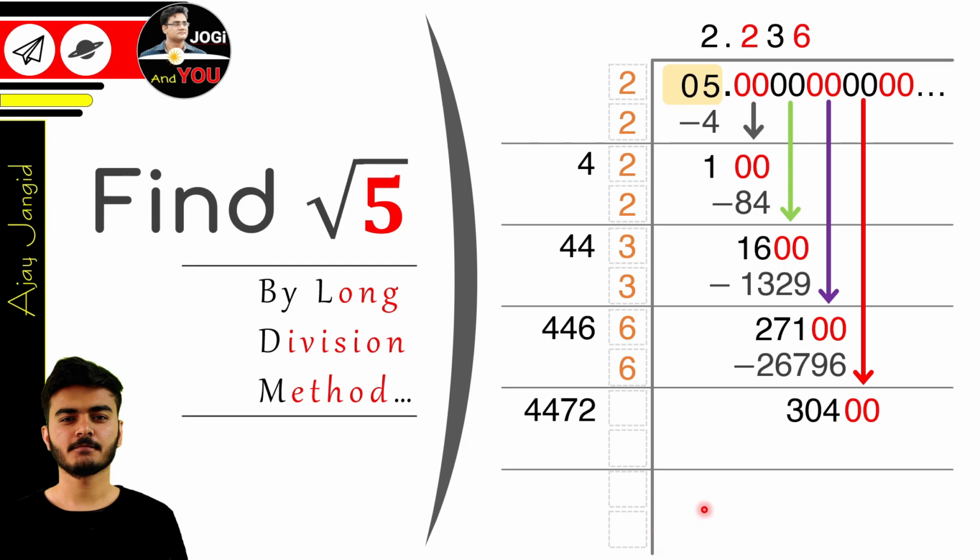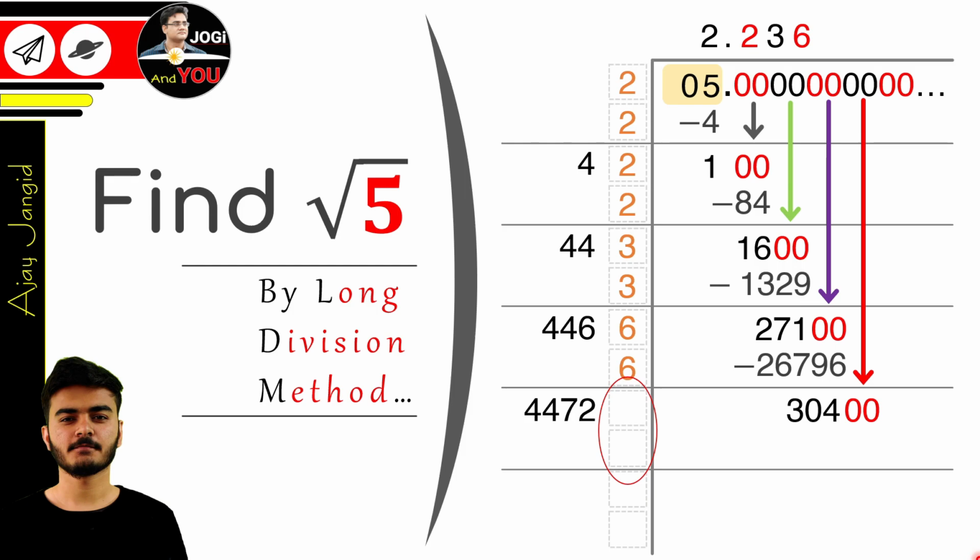But if you understand every step, then you can see that the number we have on the right side is 30,400 and on the left side is 4472. So if I put any number here, even 1, it will be more than 44,000, which is way more than 30,400. But we want a number equal to or less than 30,400. So what to do now? This step is very confusing for many students, even for the teachers also. They also can't understand what number they should put next.